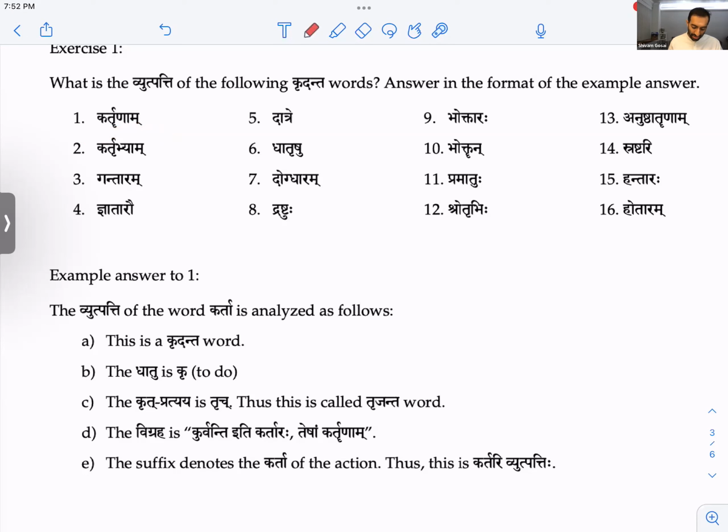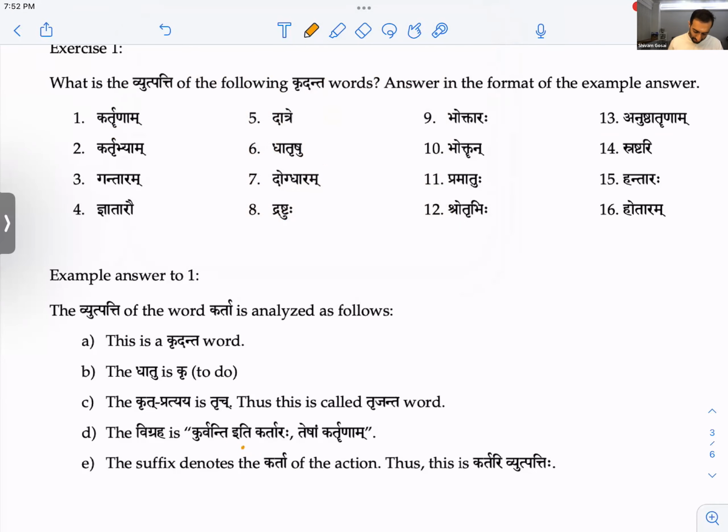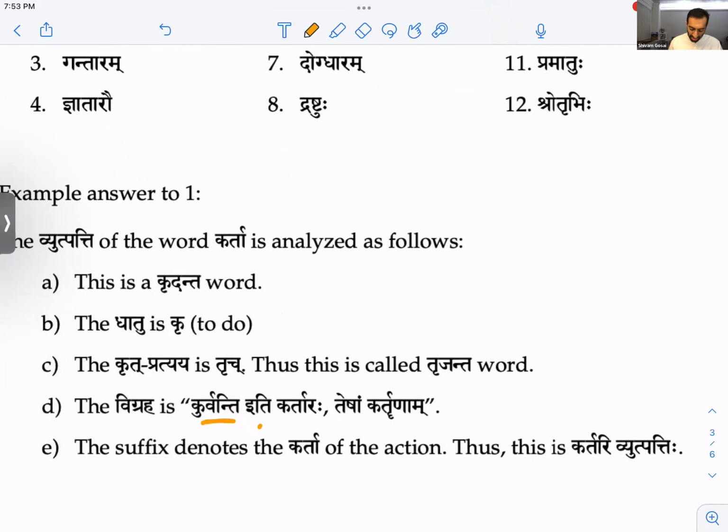So first, the author is making a plural version, using anti. Kurvanti. Instead of karoti, they're saying kurvanti. They're using plural because they're making kartaraha, which is 1-3.